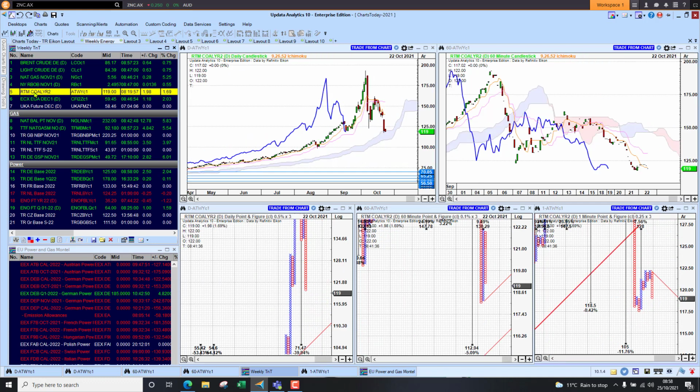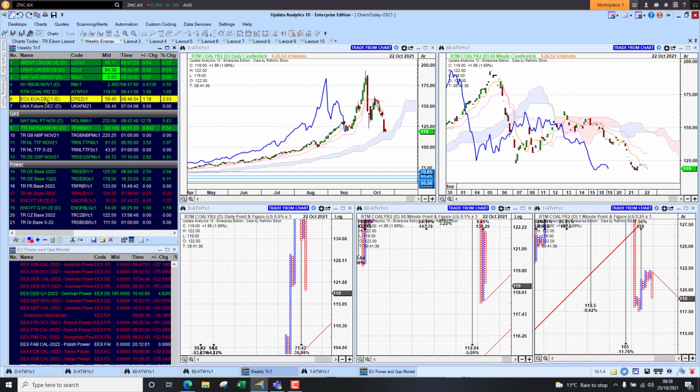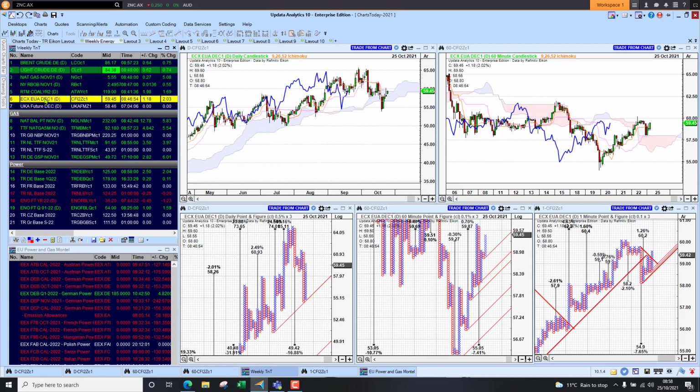Coal's been an interesting one. It actually made a lower low on Friday. You can see here that was the level at about 121, and we've actually moved below that, so that isn't good news for coal, and we do have downside targets. We have a mixture of downside and upside, so we're neutral on coal this week at the moment, but it is on watch. Looking at emissions, we are up 2% this morning, but the chart is still below the cloud.